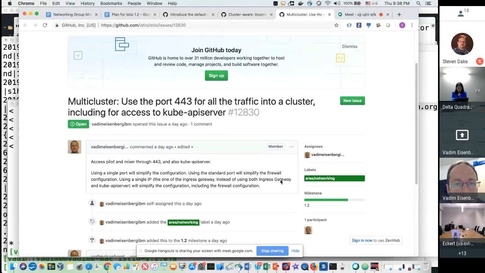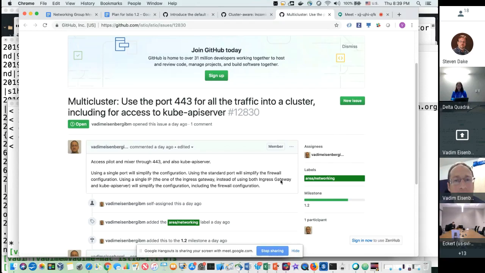I don't mind if the default is 443, but we definitely need to test with a different port because some people want 443 to be used only for normal ingress from the outside world and have DoS protection and all kinds of other stuff on top of it. And they need to have a different port. I would personally choose the default to be a different port and allow easy configuration. I'm not against some people having 443 for everything, but I'm just saying it cannot be the only choice.